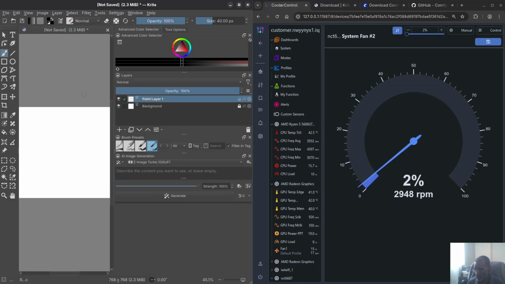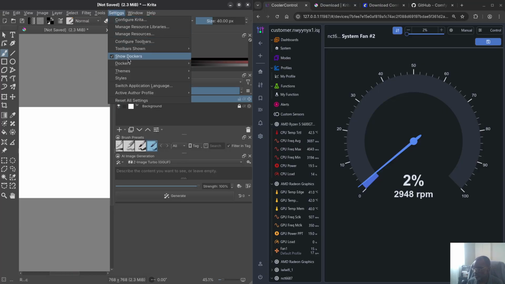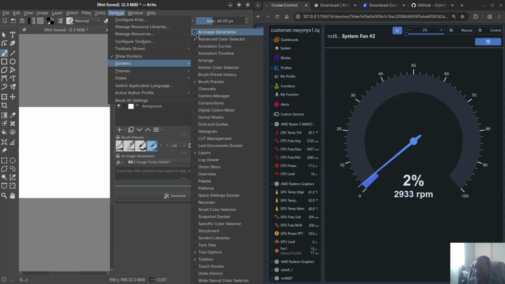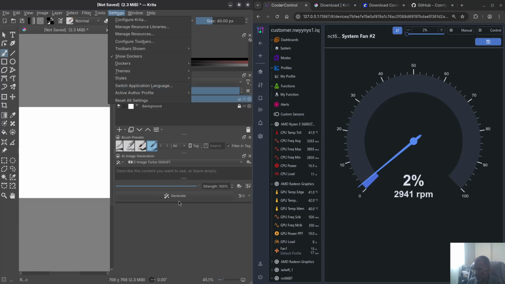So what you do after you open up a new document, you go to settings, and then you see where it says Dockers. You go to Dockers and make sure you check AI image generation. So you need to do that, right? So once that's done, then there'll be a configuration dialog here, and then for the configuration dialog, you'll be able